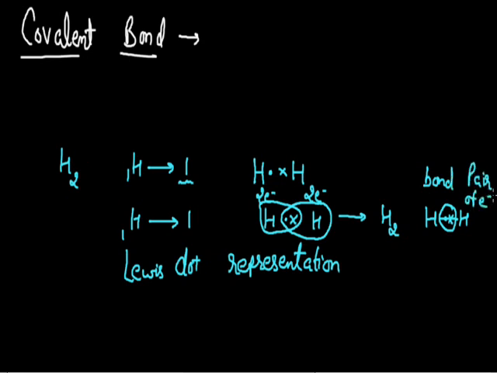So now, as we have seen that here the bond is going to be formed by the mutual sharing of electron. Mutual means equal sharing of electrons. Both hydrogen atoms are going to share equal number of electrons. So here the bond which is formed by this kind of process is termed as covalent bond. So now we can write the required condition for the covalent bond is that this bond is formed by mutual sharing of electrons.